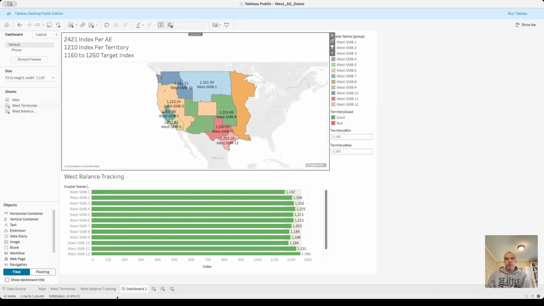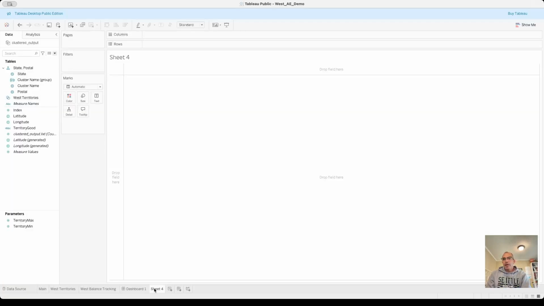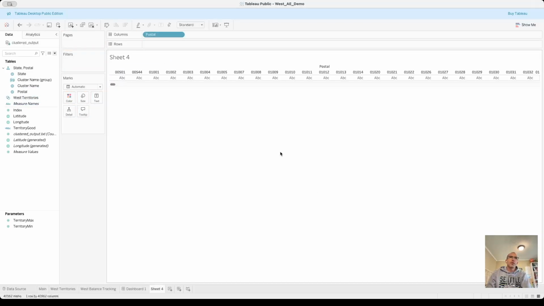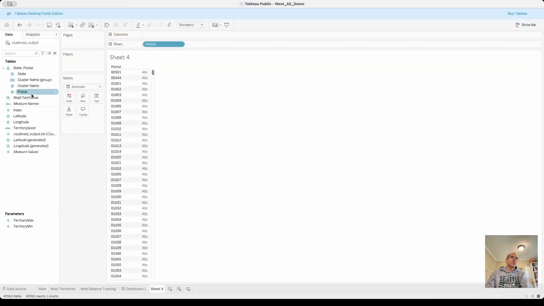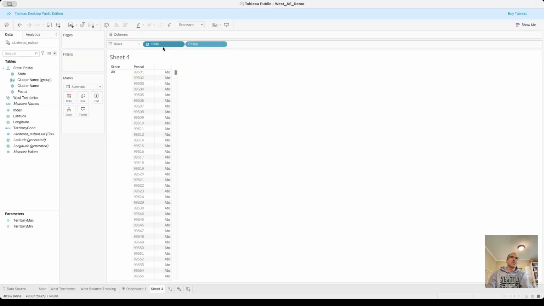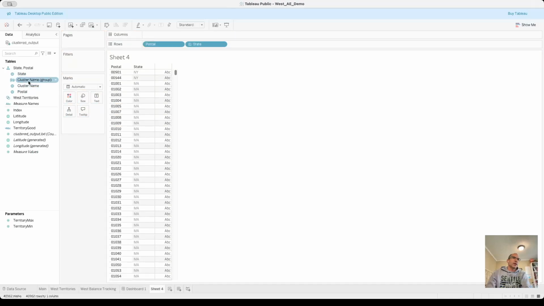Now, if we fast forward, we pretend everybody's great. They love this territory. They just love the whole territory model. That's great. So here's how we might package it up for export, because this is going to depend a little bit on your CRM system and how you want to do this. But the way that I would think about doing it